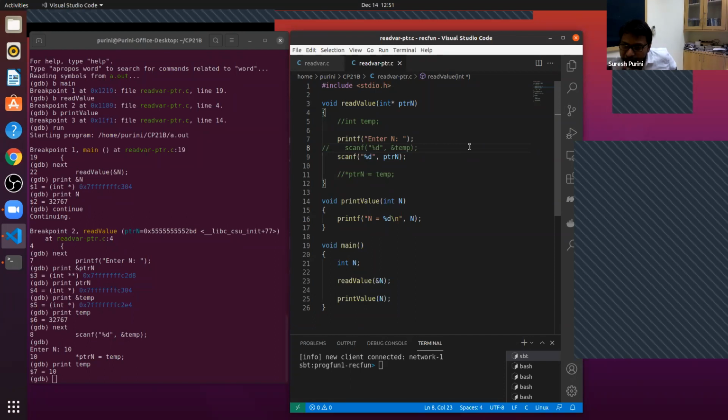The integer value that you type in on the keyboard should be stored in the memory location where it should be updated. And what does PTRN contain? It contains the address of the memory location of the local variable. So it is perfect, right? That's what is expected. Yes or no?